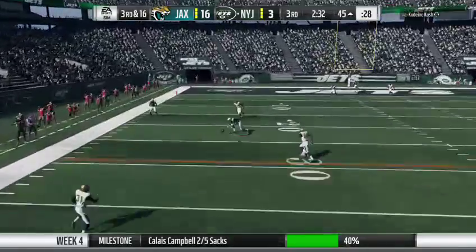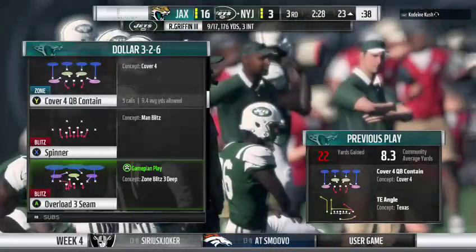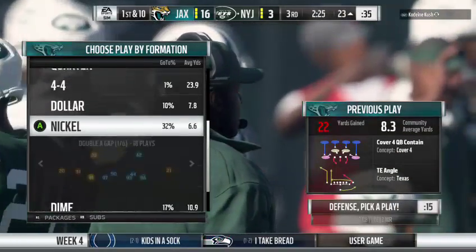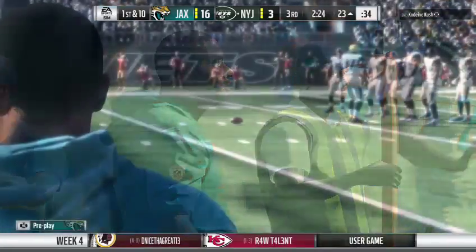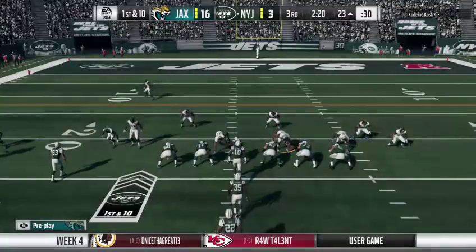Forced out to his left, and able to find Green. And they convert on third down with a gain of 22. On any given pass play, you never know exactly where your exit points are going to be. On this play, he was flushed to his left, still on the run, able to accurately throw the football for